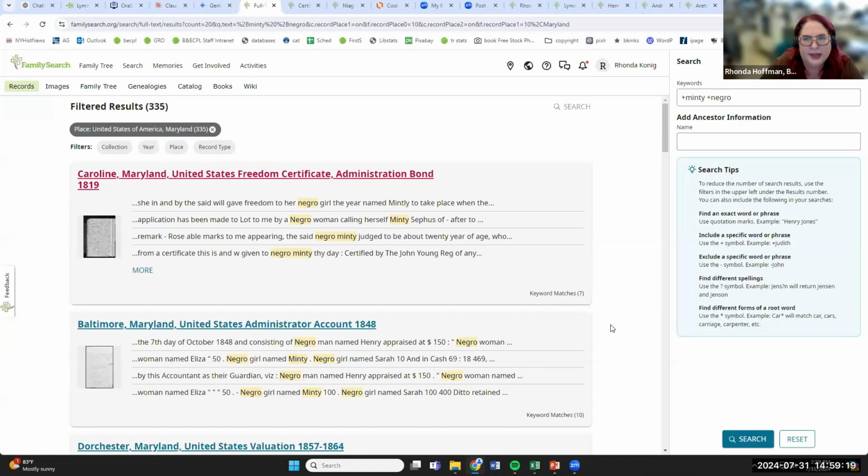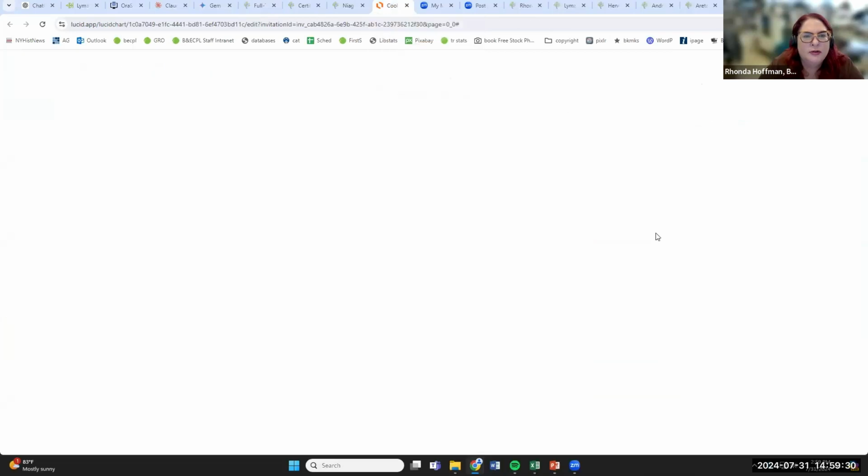So that's the full text search. It's not perfect, but I've definitely found things this way. The next thing I'll show you is